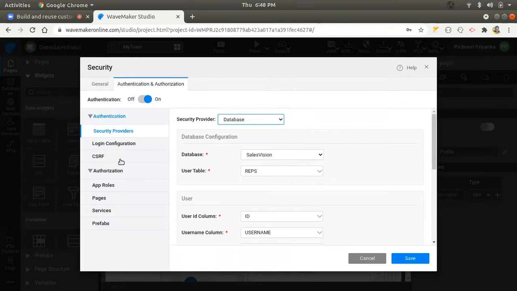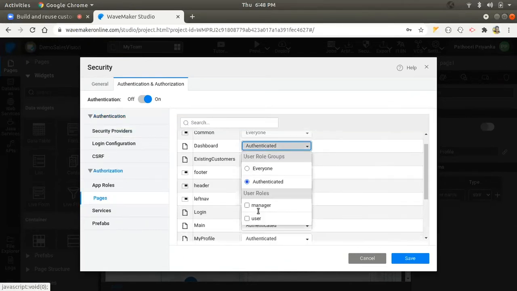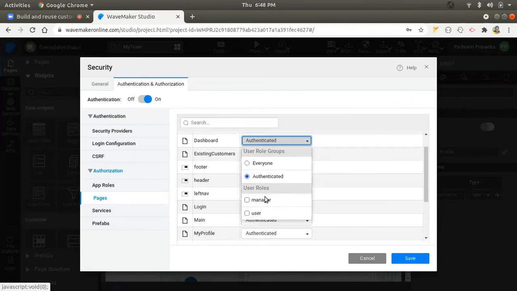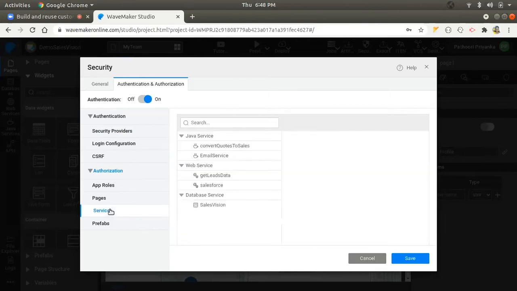Apart from this, platform also provides role-based access configurations. Let's see for pages. So for each page, you can configure any role from this section. Apart from this, we also have role-based authentication for services.